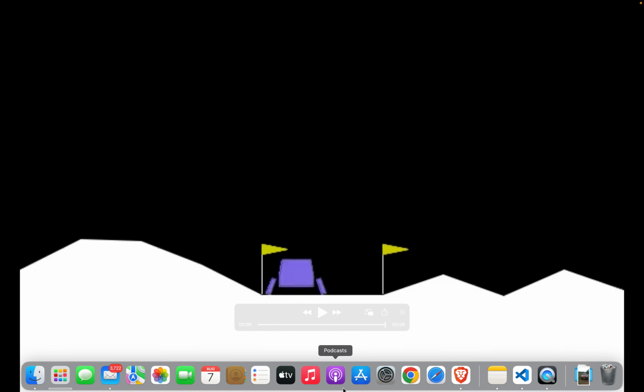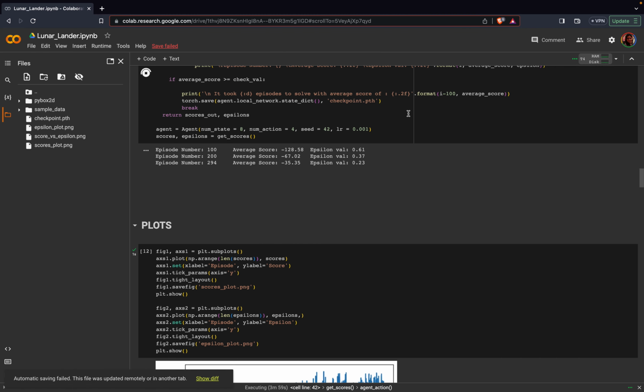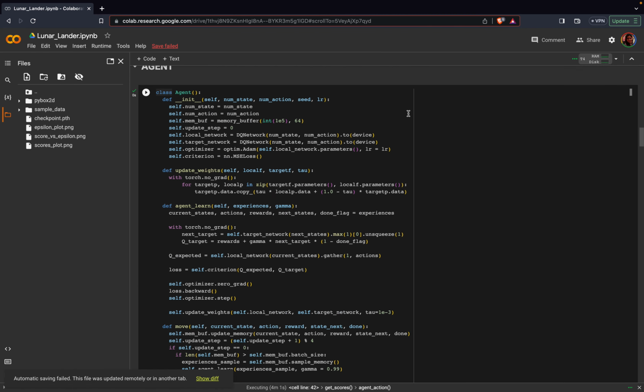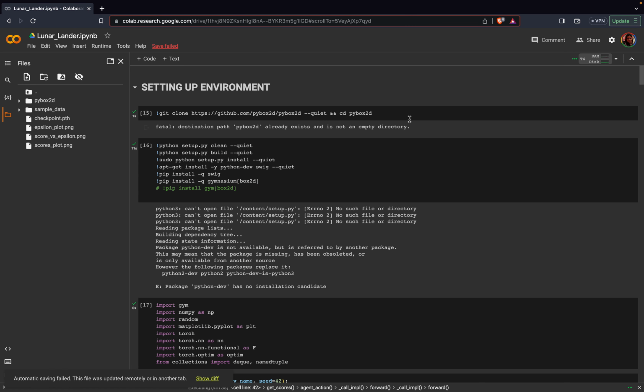And just go ahead and try this code for yourself, get better scores than this one. Try different values, maybe try different hyperparameters, try the SARSA algorithm on this one, make DQN better, maybe try some other algorithm that you find interesting yourself. And if you have any improvements to this one, do reach out to us,